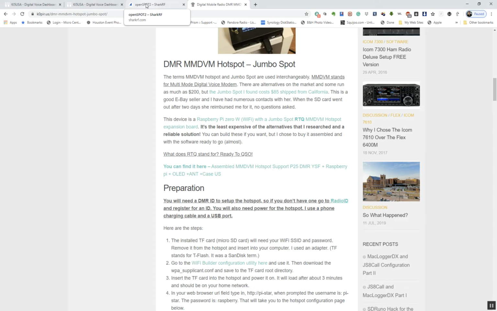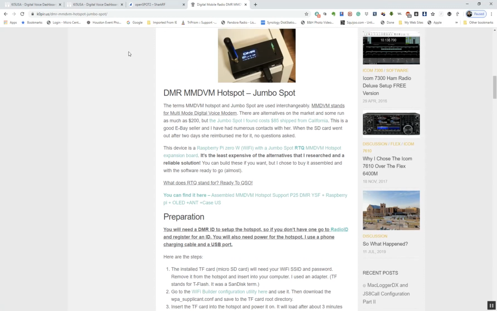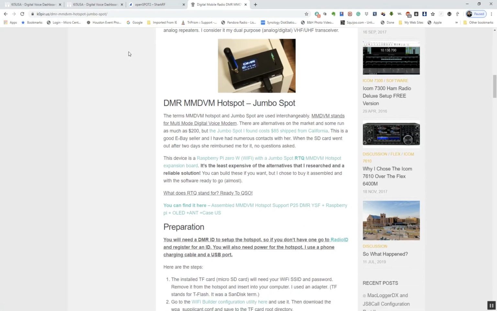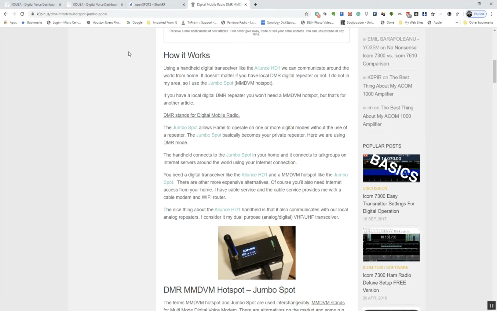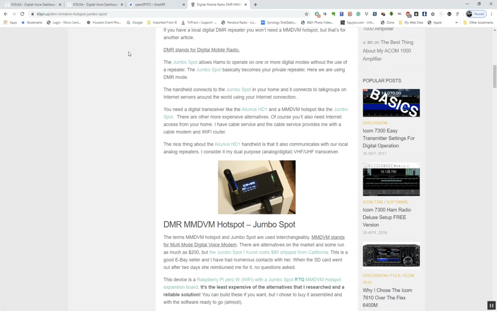Hey guys, Scott, KI5USA, and this is just a little introduction of what a hotspot is and what it can do for you if you don't have access to local repeaters. Like in my area, I have no range to reach the repeaters downtown for some reason, so I use a hotspot for most of my communications on